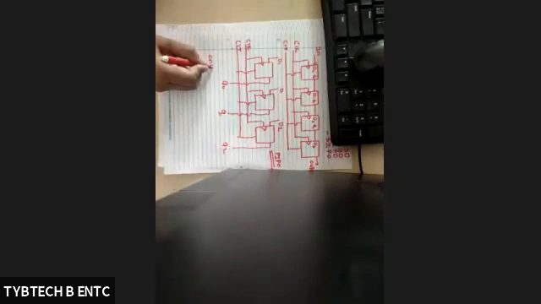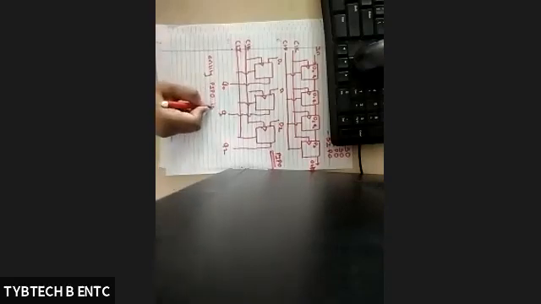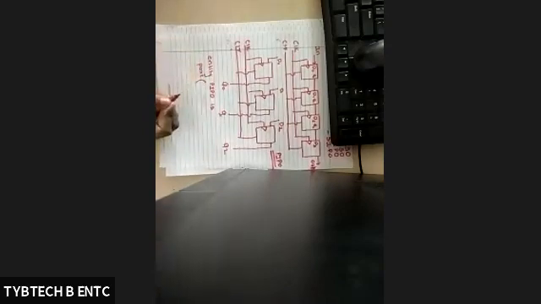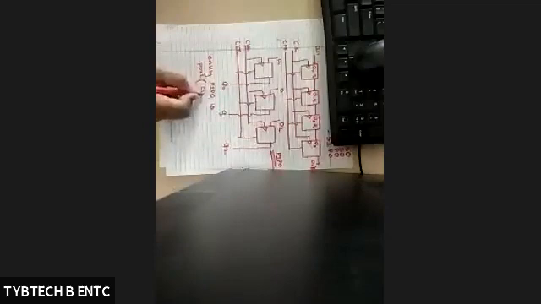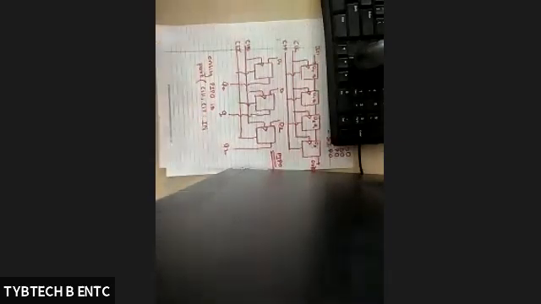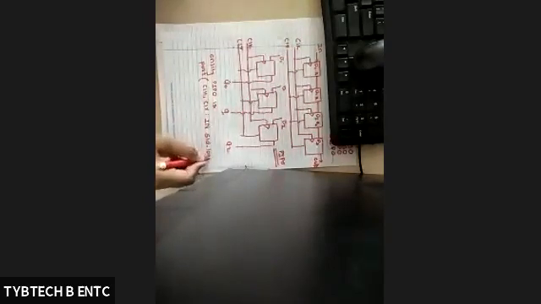First is entity, right? Then give the name for the circuit. It is parallel in, parallel out, so I am writing PIPO. So entity PIPO is. Now you have to mention the ports. So port in bracket, which are the input signals? First are the clock and clear, right? It is an input type of signal, so write down in, and as it is a single bit, you can mention only std_logic, semicolon.